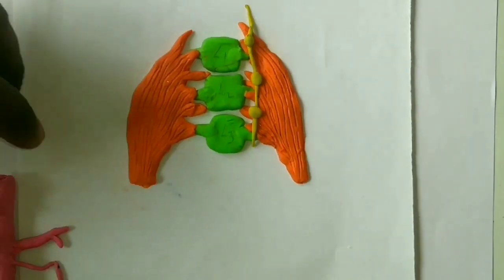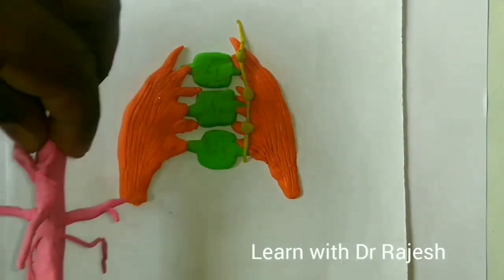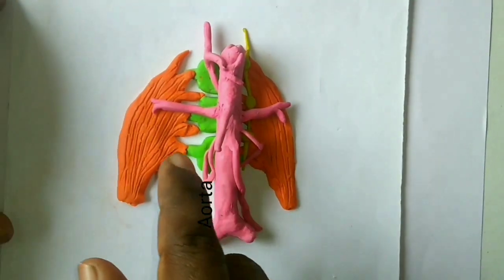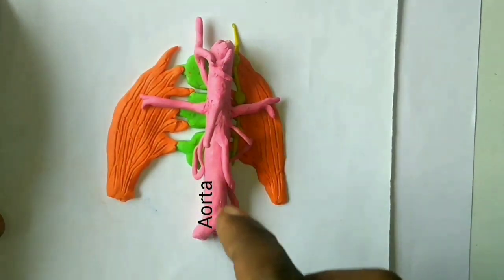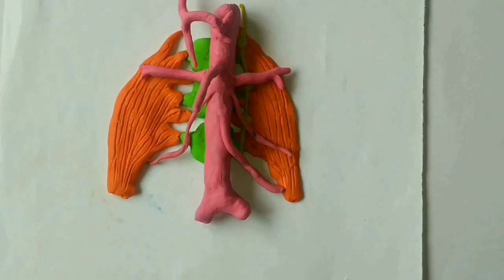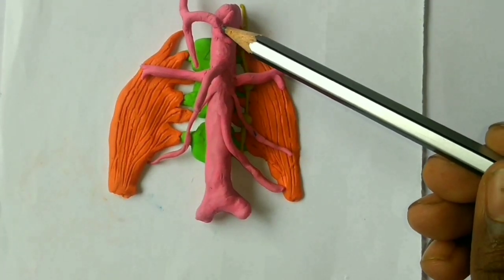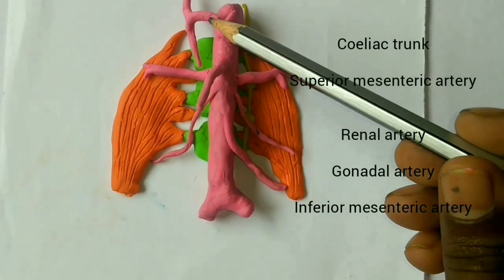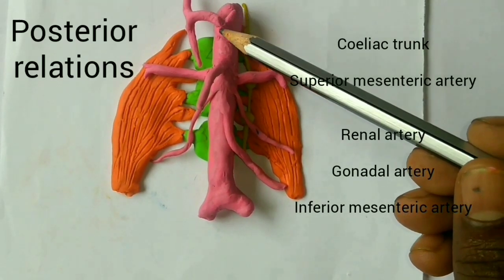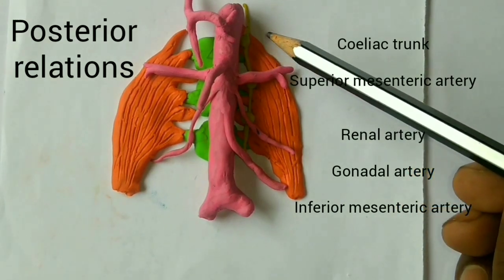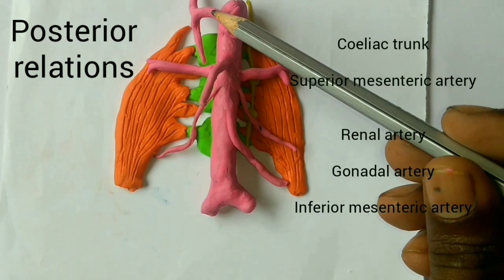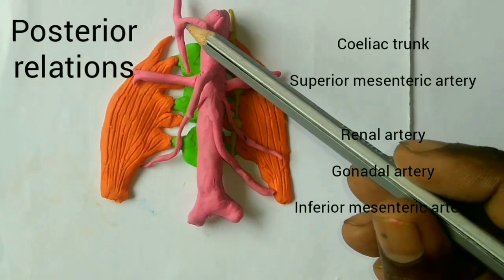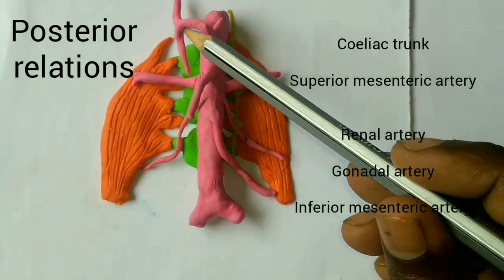Next, the next important structure what we should know is the abdominal aorta, which is present along the left side of the vertebrae. Can you see? It is present over the left part of the vertebrae. While talking about aorta, we should know few branches which are arising from the aorta. We can see this is actually the celiac trunk which divides into three branches. You can see this is the left gastric artery, splenic artery. We are not showing the entire course. Then this one is the common hepatic artery which is dividing into the hepatic artery proper and gastroduodenal artery.